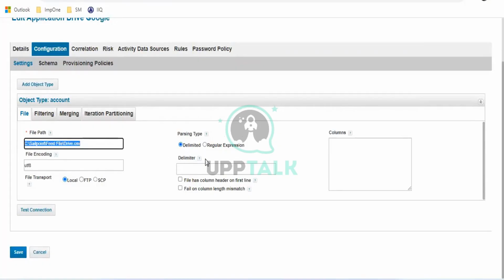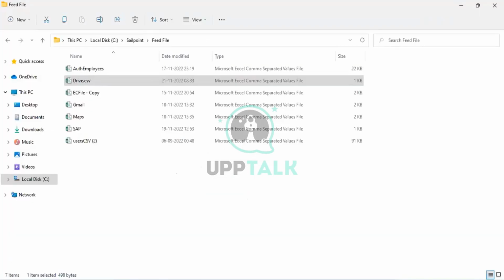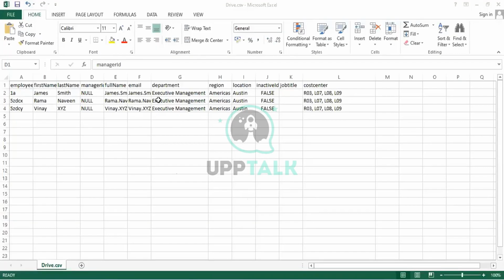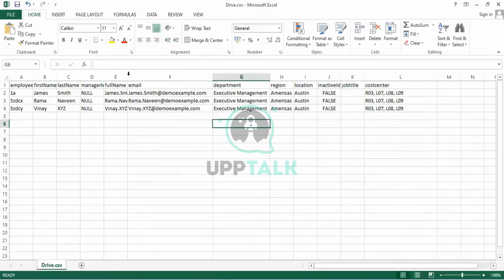In that scenario, you have to mention the file type. Is it going to be a delimited file or any other regular expression? Apart from comma-separated, you may use any other regular expression. As of now, we are going to use delimited only. How do you know which delimiter type we have used in this file?